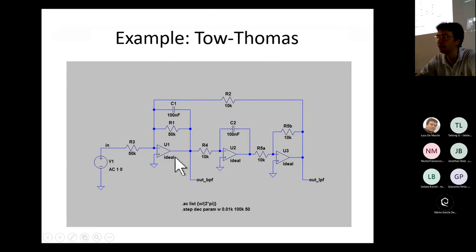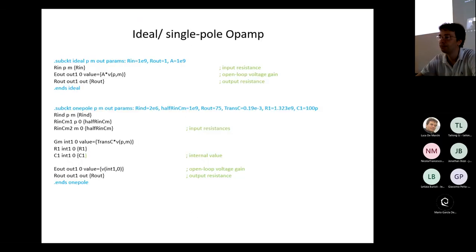We instance 3 times the op-amp, and then following the conventional topology, we add an input, and we can test the output by running a .ac simulation. Okay, so